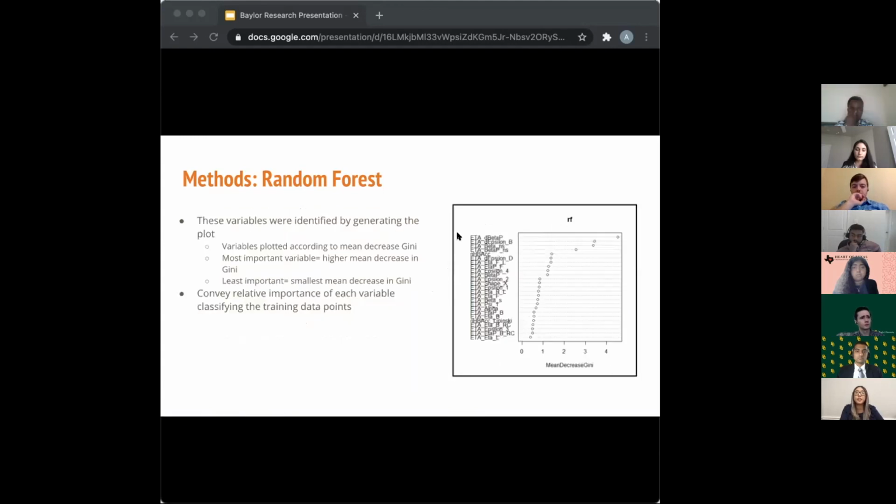The plot over here shows the measure of relative unsaturation content relative to molecular size as the most important classifier of potential antiviral compounds, where the x-axis denotes descriptors across each of the experimental and control molecules. The figure shows the relative importance of each variable in classifying the training data points. As shown in the figure, more important variables contain a higher decrease Gini. So the variable importance increases as you move further along the graph.